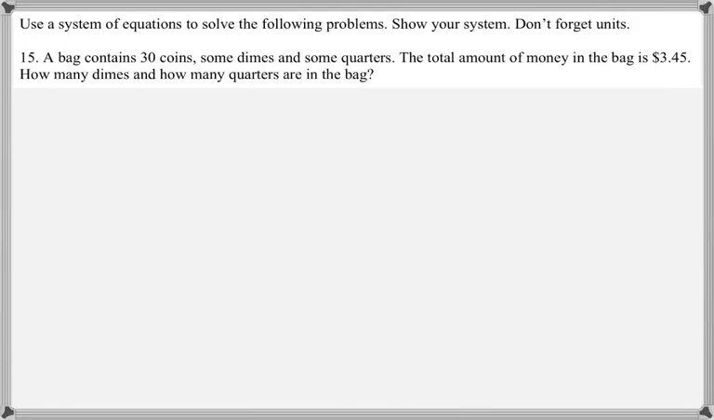15 says a bag contains 30 coins, some dimes and some quarters. The total amount of money in the bag is $3.45. How many dimes and how many quarters are in the bag? So normally with word problems, the last sentence tells us what they're looking for and what we need to define